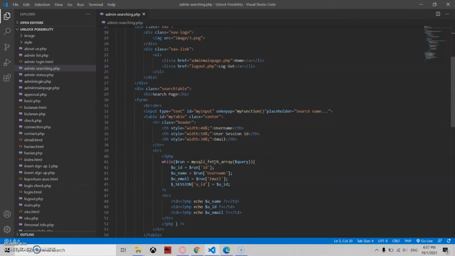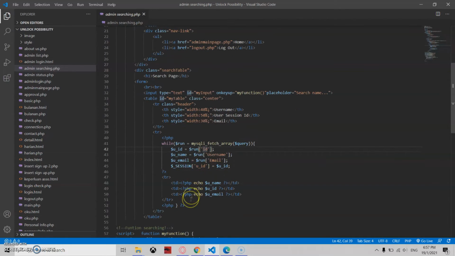So while the table still has data inside it, it will constantly repeat. Then we use run to fetch the data inside the database, inside the table, and we put it into its variable, and we repeat this until there is no more data in the table, and we echo the variables,